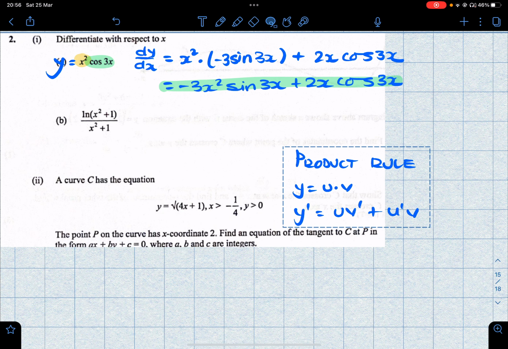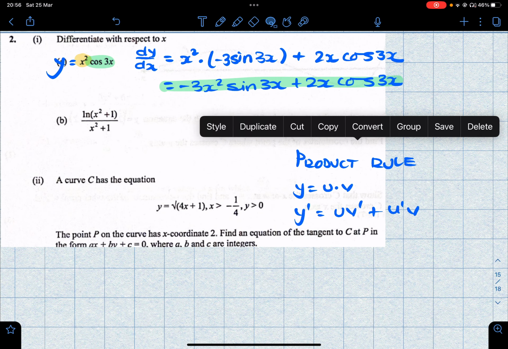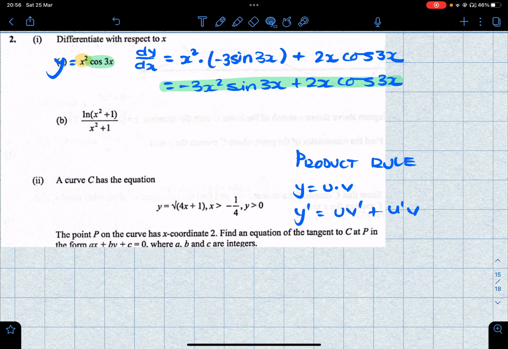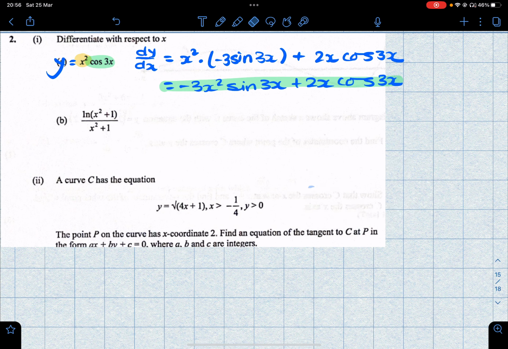Okay, so that's your product rule. Sorry. So the next question involves something called the quotient rule, because you're dividing. So the quotient rule looks slightly different. Whenever you have something being divided, so if y equals u over v,